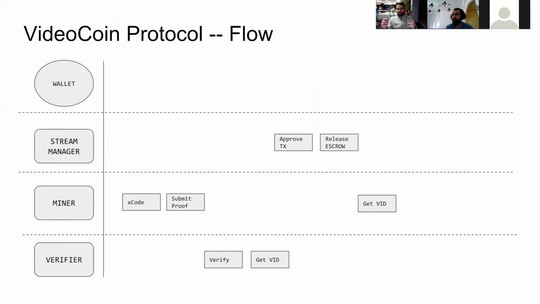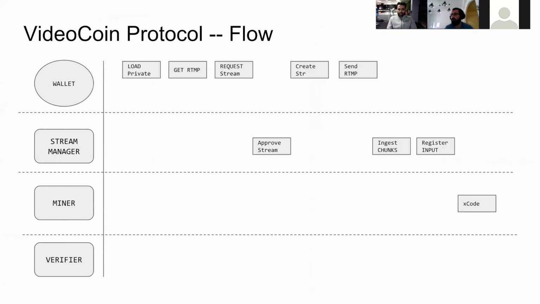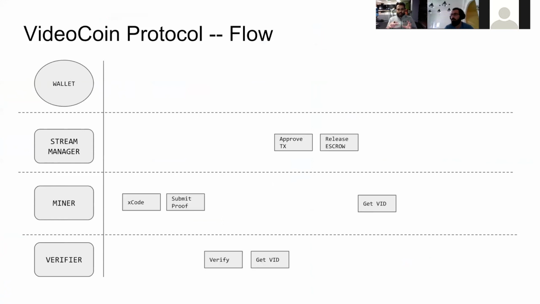So just a little bit more on the escrow: when the wallet node starts creating the stream, it deposits funds into the escrow contract. So this create stream call it made is a call that has funds attached to it, and that is where the escrow was held. And then as soon as the verifier says that the chunk is ready, escrow is released. And then the miner gets VideoCoins for performing the work, and the verifier gets VideoCoin for doing the verification work. And this process goes on and on for every single chunk, as long as the live